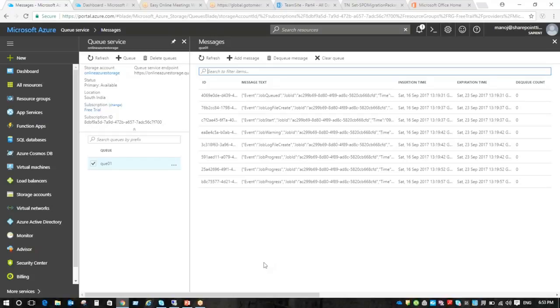CSOM again has its own threshold limits when we are just running. I was asking about the equivalent API for the three commands you ran. Yeah, nothing. We have to just run it from PowerShell only. It's very straightforward. Just quite a few parameters required, but as such, no other ways available for that.